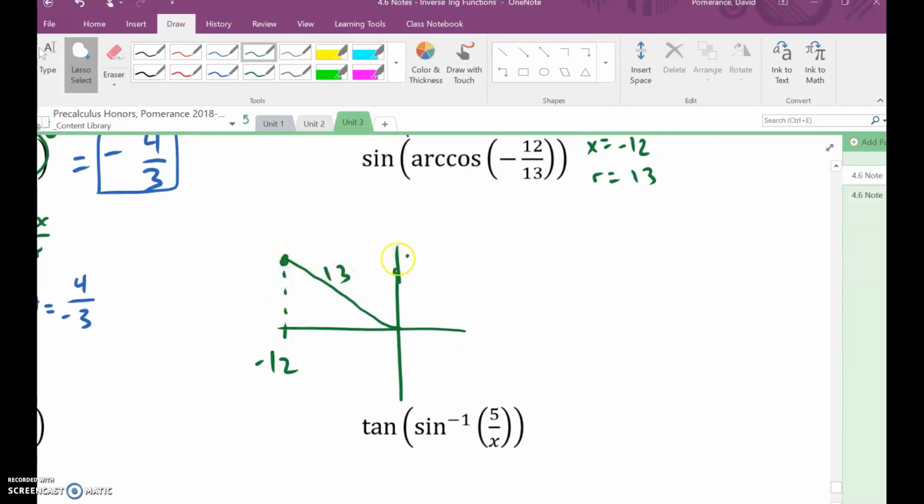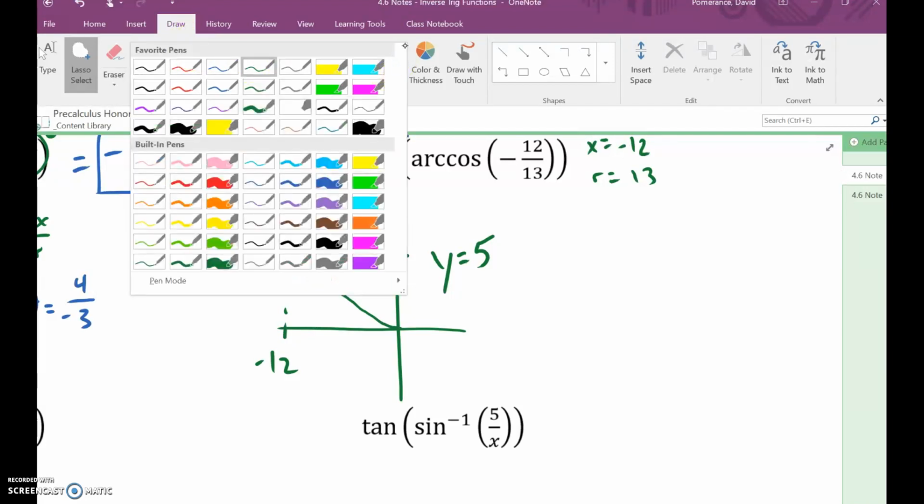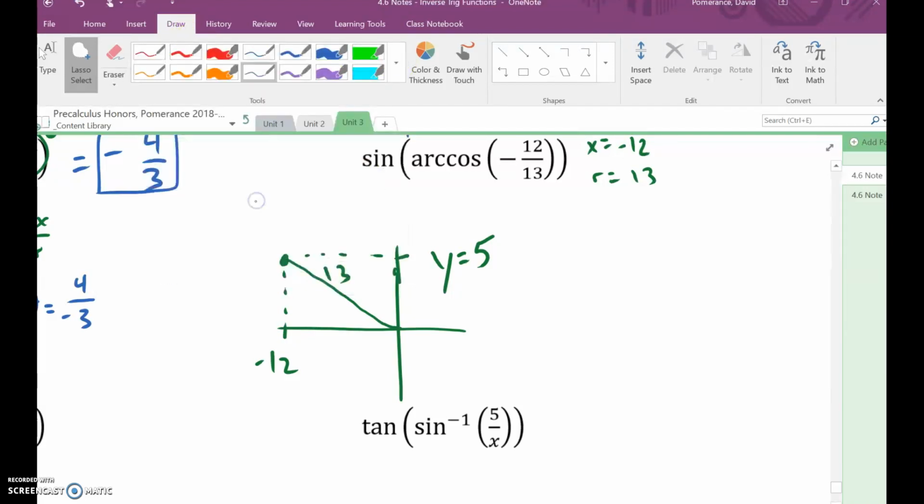So what's that y value? Well, some of you might know the 5, 12, 13 Pythagorean right triple. It's nice to memorize that. So y equals 5. Or you can just work it out with x squared plus y squared equals r squared, the Pythagorean theorem. Anyway, we end up with a known y value,